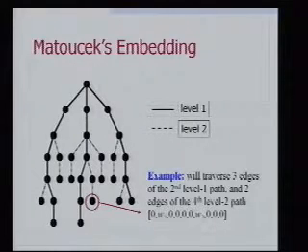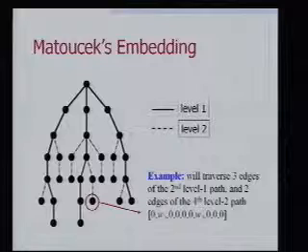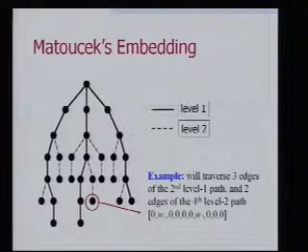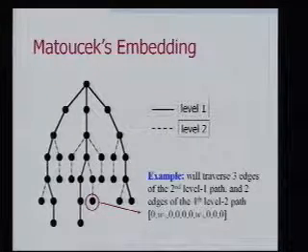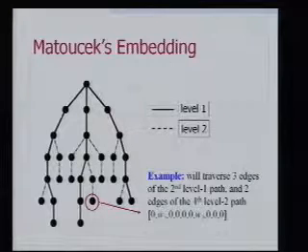All right? So in this case, which we show for a tree here, we're going to compute an embedding based on what they call a caterpillar decomposition of this graph. So let's start at the root and follow down a path all the way to the bottom. You see that as a dark edge here. Okay? We strip away that path and we follow the next path all the way to the bottom, and then we strip away that one and follow all the way to the bottom here. Those are the level 1 paths in the decomposition.